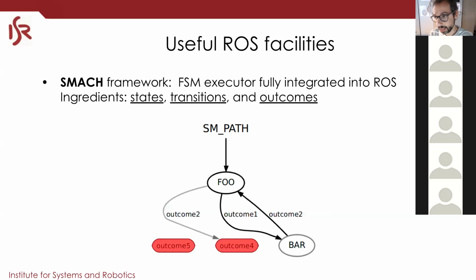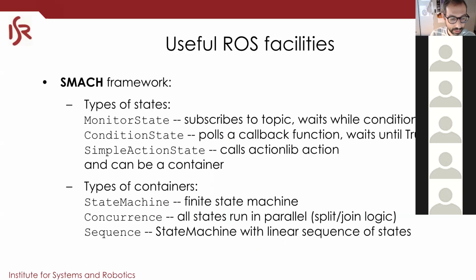You have a package, all of this is standard. You have a package to implement state machines, which is easy if you want to coordinate multiple behaviors. The advantage of SMACH is that it is tightly connected to ROS, which makes it very easy to have states in your state machine monitoring topics, calling some action through Actionlib. It's very easy to set up using SMACH.